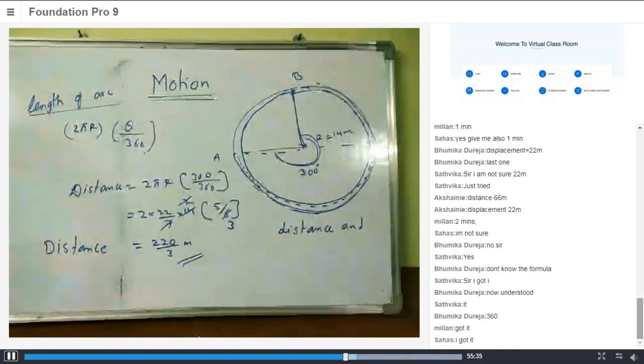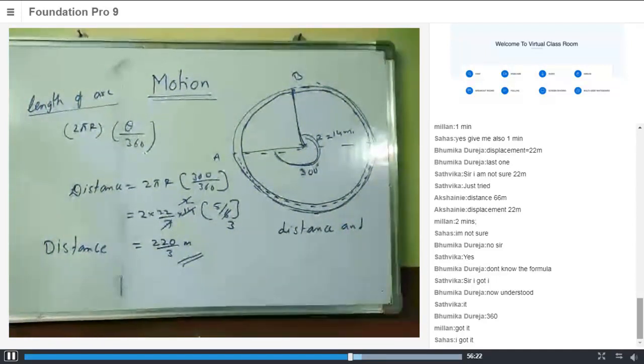You know or you don't know? Yes or no? Total angle of a circle is 360 degrees. Sahas, you can cast your vote. Yes, yes. Milan, do you know that? Nimrata, I know that you know it, so you don't have to tell me. Milan, you know that? Okay. So all of you know that the total angle in a circle is 360 degrees. Fine. So I got the response.